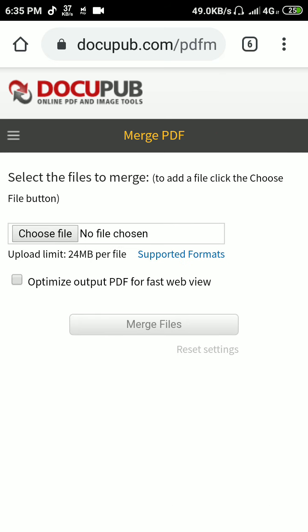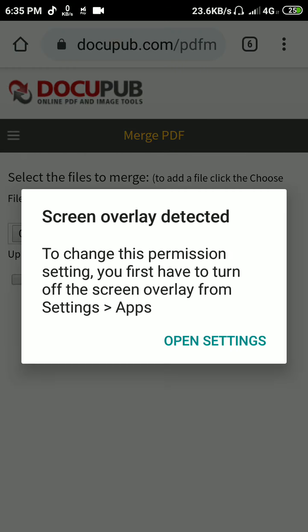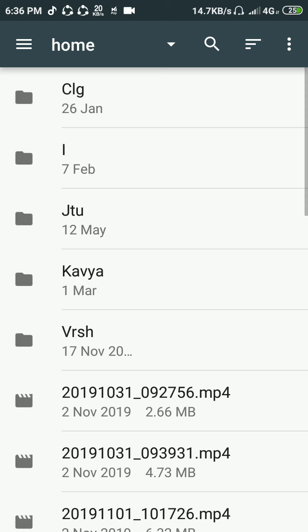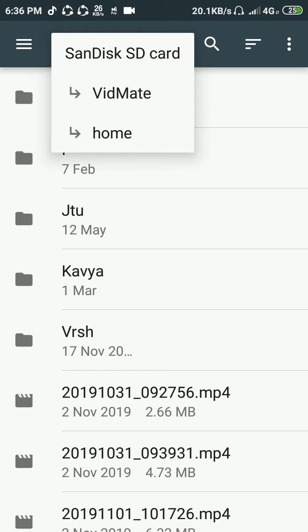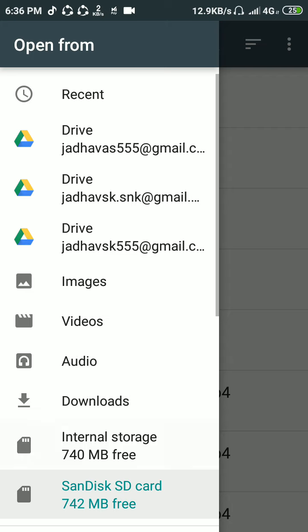As we renamed our files with numbers 1, 2 or 3, which are in image format, in DocPub we don't need any specific format.